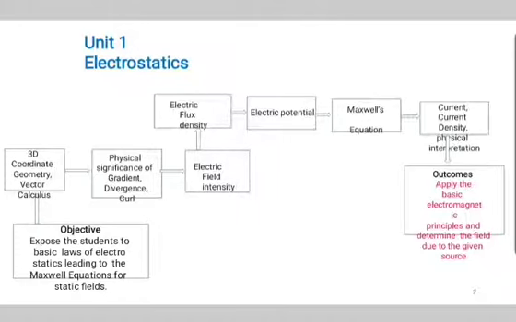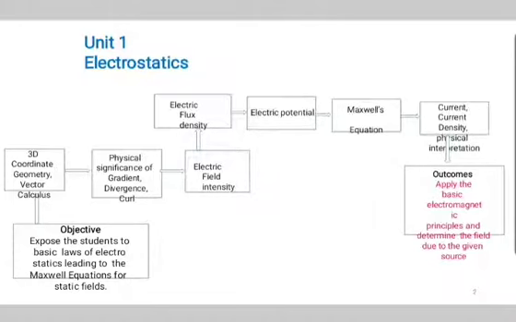When we say that the body is charged, it means that it has excess of charge either due to the electrons or due to the protons. By the law of conservation of charge, the charge cannot be created or destroyed, but simply it can be transferred from one particle to another. When electrons are transferred from one atom to another, the first atom becomes positively charged and the second becomes negatively charged. And there exists a force of attraction between the two. And this force is called the electrostatic force.